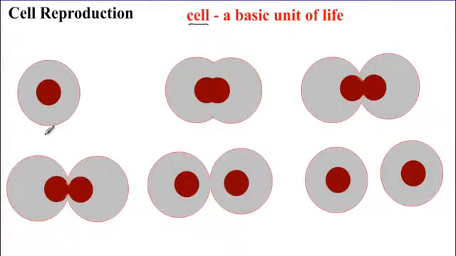So the stages here: this is maybe the initial stage, in the second stage we see it growing, in the third stage we see it almost looking like two cells, and it goes on until it breaks the nucleus. When the nucleus is broken into two like that, the membrane also will sort of cut, and then we get two cells. What this tells us, the situation tells us, that one cell,